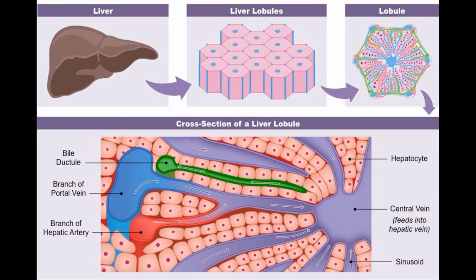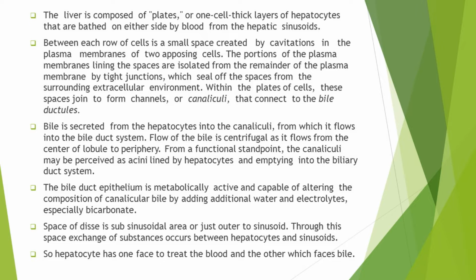One important thing is that the blood flowing in the sinusoids is mixed blood. The blood coming from the hepatic artery was fully oxygenated, while the blood coming from the portal vein was deoxygenated and rich in nutrients. When both bloods mix in the sinusoids, we can say that sinusoidal blood is mixed blood. As I have said previously,